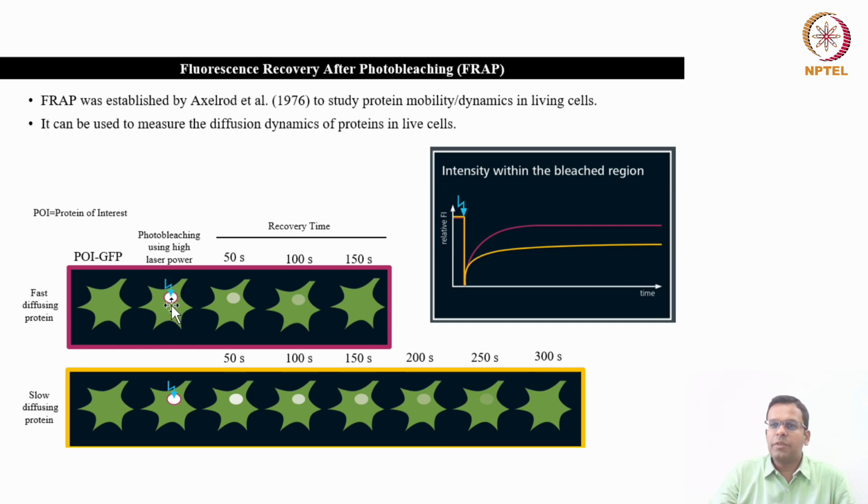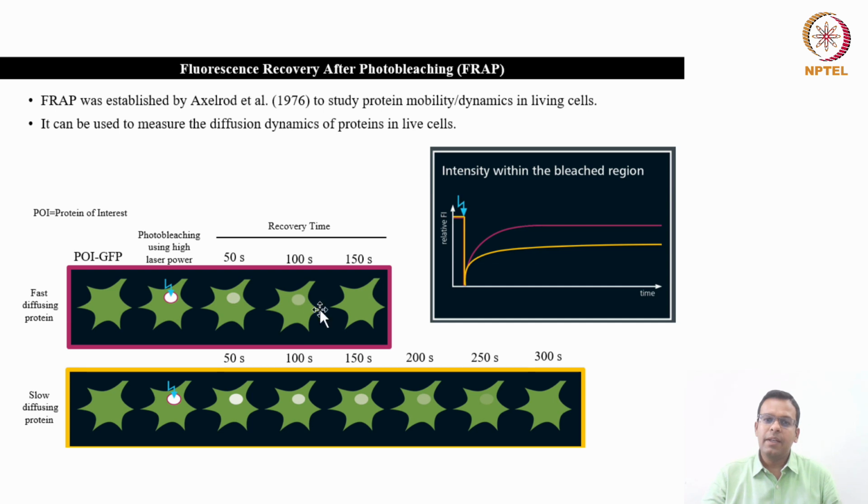Okay, so because of the excessive laser power, the fluorescent proteins which are present in this particular area will be bleached. So you will see a cell where the entire cell shows green fluorescence except this area. But then you will image this cell at several time intervals, like 50 seconds, 100 seconds, 150 seconds. And what you will see is that gradually this spot is getting recovered by the GFP molecules which are present in the surroundings. Okay. And within 150 seconds, you cannot see that bleach spot in this cell anymore.